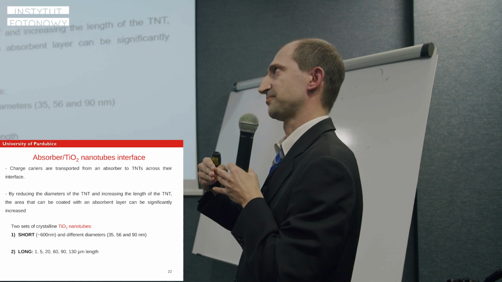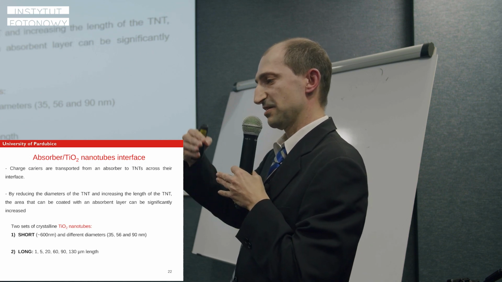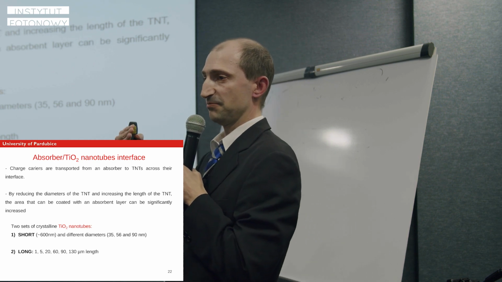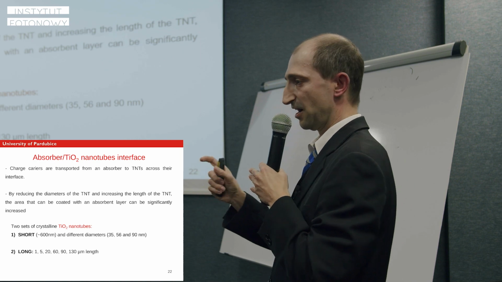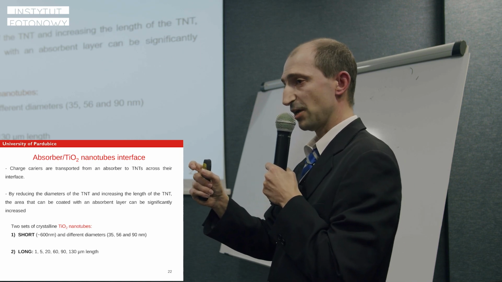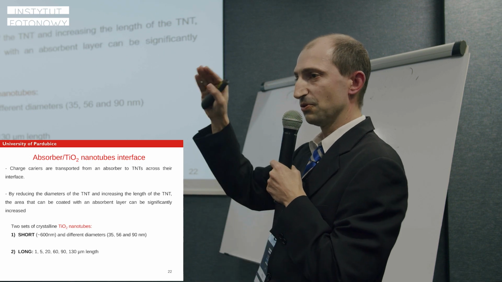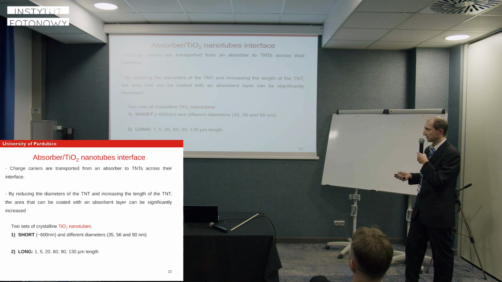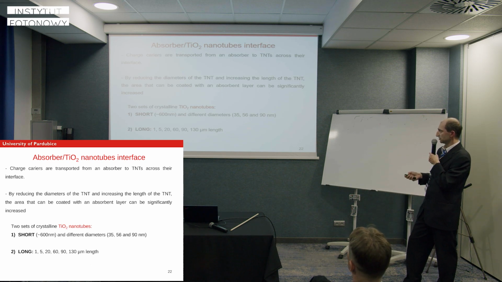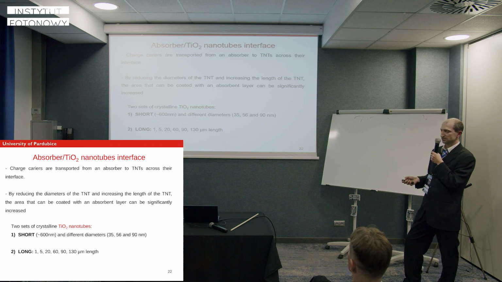So if you make the interface larger, then you can get more material on the tubes. And you can do that in two different ways: either reduce the diameter of the tubes, or just grow longer tubes. We wanted to verify this assumption, and we used shorter tubes with the same length but different diameters, 35, 56, and 90 nanometers,